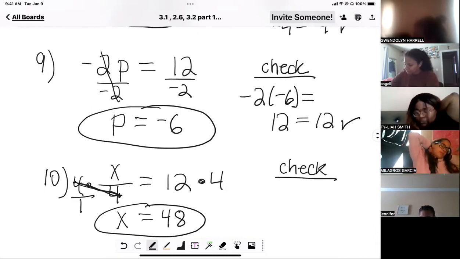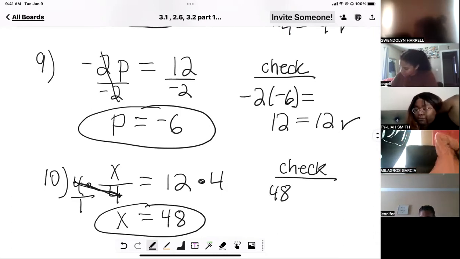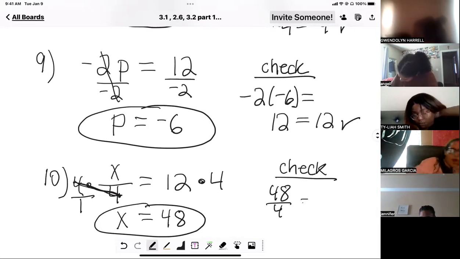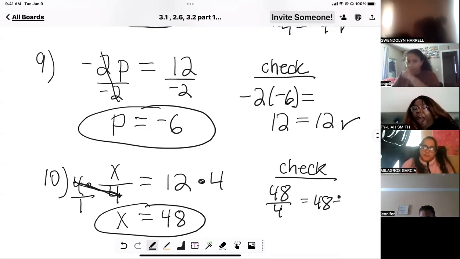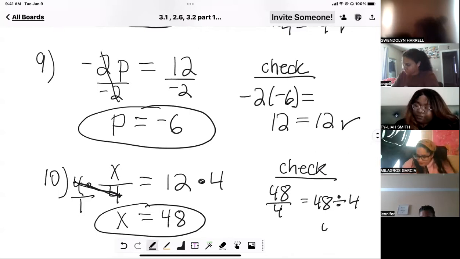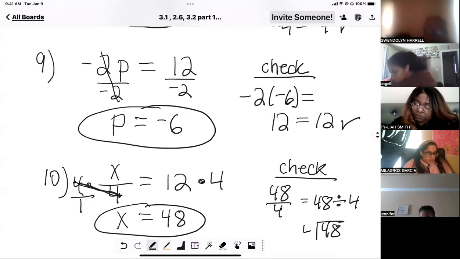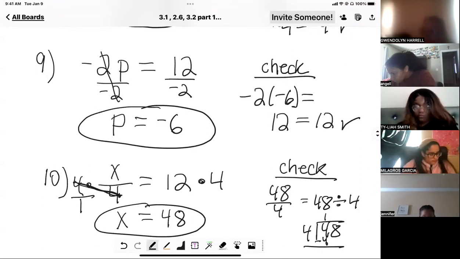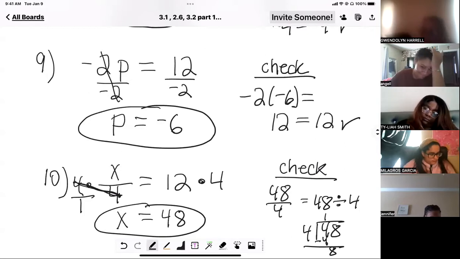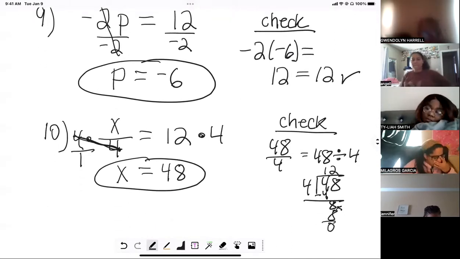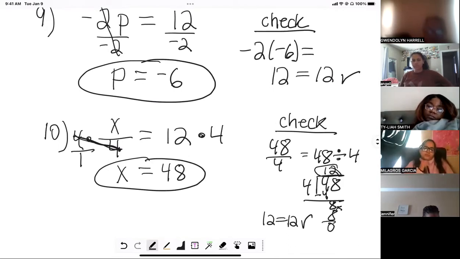So let's check it. 48 divided by 4. Or maybe you'd rather think of it as 48 divided by 4, and maybe we need to do long division to figure it out, which is fine. 4 goes into 4 one time. That's 0, bring down my 8. 4 times 2 is 8. That's 8, 0. I know my answer is 12. 12 equals 12, and I know I have the